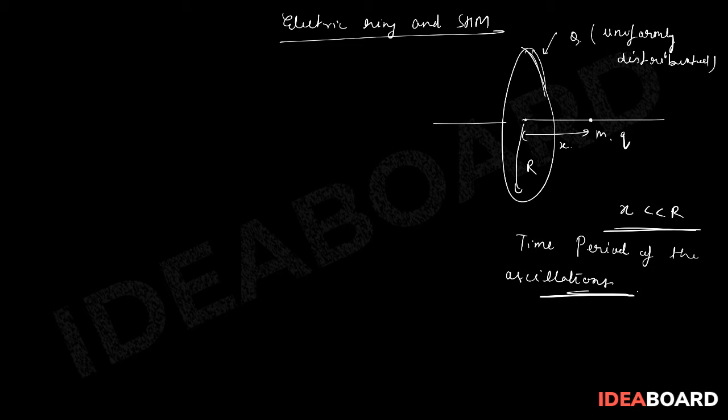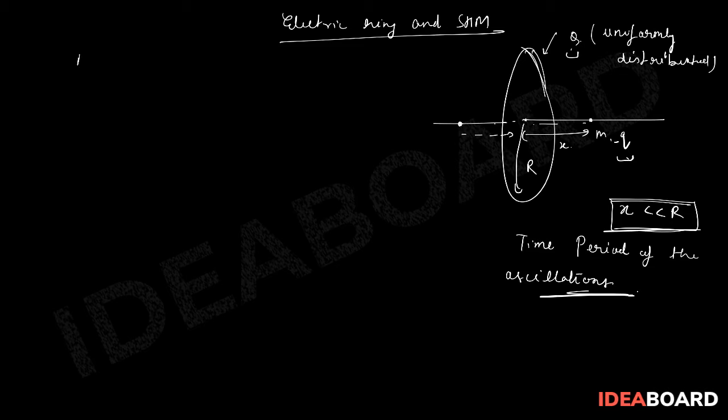Because this particle will go like this and then it will cross the ring further, and then obviously it will again start moving in this way. Here one mistake I have made: this charge will be minus Q. Why? Because otherwise there will not be attraction between ring and charge. Are you getting my point? Because for attraction there has to be opposite charges, correct? So yeah, now this question is fine. So now you need to figure out the value of the time period of the oscillations while this condition is maintained: x is very less than small r.